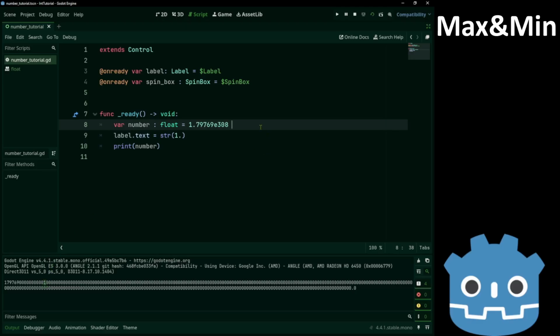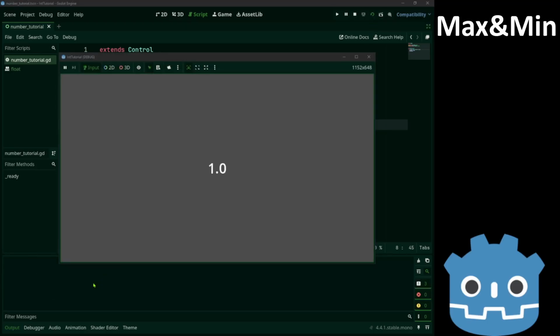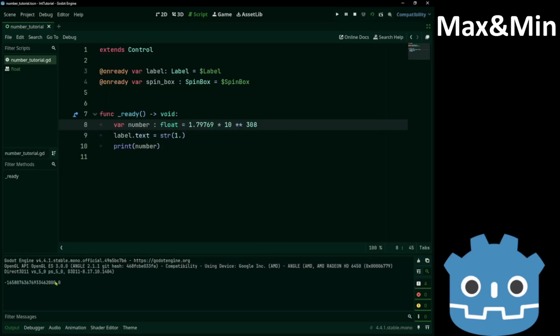That is just due to float precision issues. By the way, I use floats because the integers would give a much different result. Let's remove the dots. That is because their maximum value is much smaller than 10 to the 308 and it wraps around.